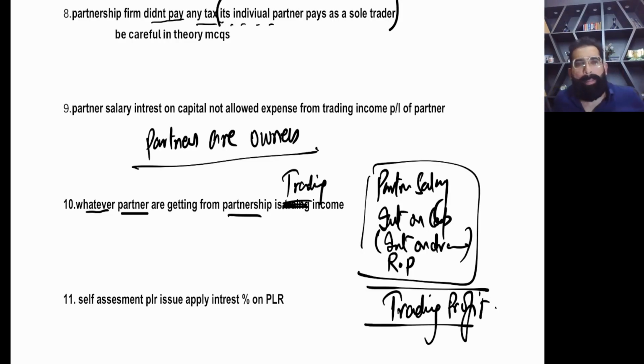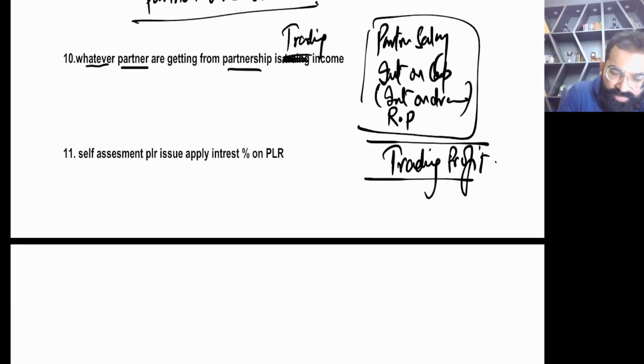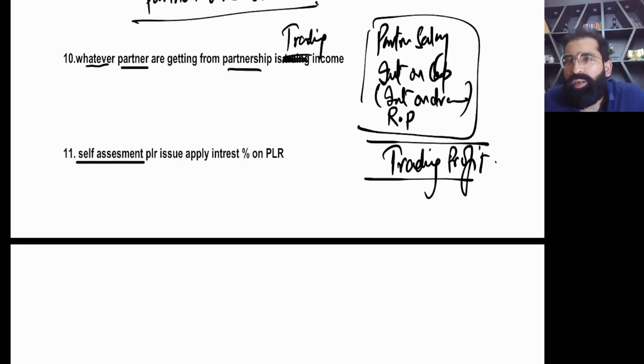Then self-assessment, individual self-assessment. Whenever they ask to calculate, if you have stolen tax of government, normally they apply penalties. Remember the minimum penalties and maximum penalties. Minimum penalties are with disclosure, prompt disclosure, unprompted disclosure. Hope you did study these topics. Definitely we have covered this in our class.